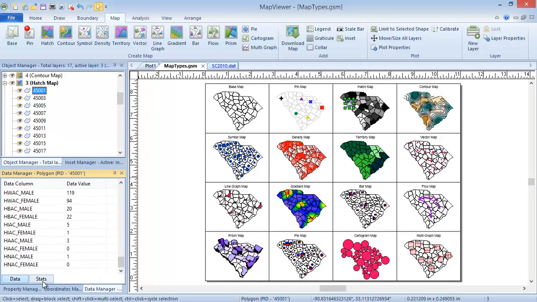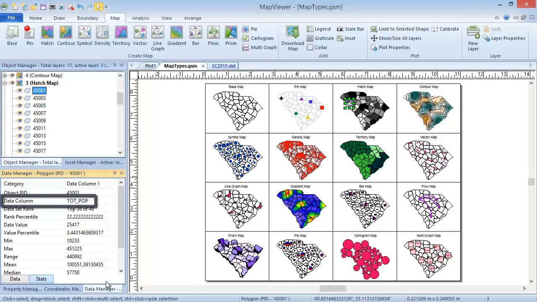Click the Stats button at the bottom of the Data Manager to get statistics about the displayed variable. The hatch map that this polygon is part of uses the total population variable, so the statistics below are for that variable. In other words, the total population of polygon 45,001 is 25,417. The minimum population in all the polygons is 10,233. The maximum population for all the polygons is